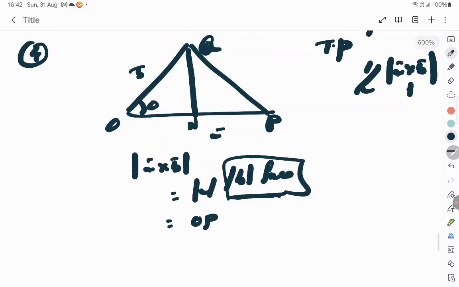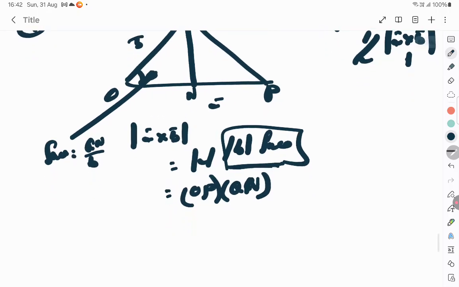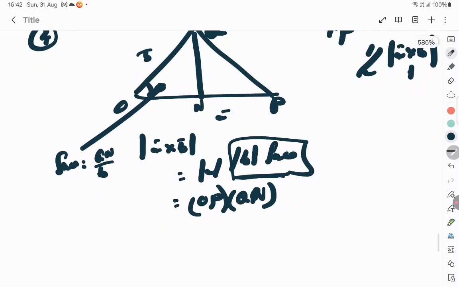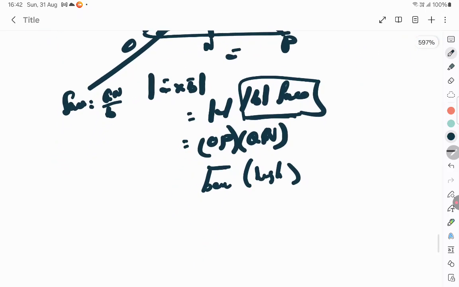Since sine theta is equal to Qn by B, B sine theta itself becomes Qn. So I can write this as Qn. So I got OP and Qn, which are the base and the height, and I just need a half because it is the area of a triangle. So multiply and divide by 2. Take the 2 out and write half into base into height,